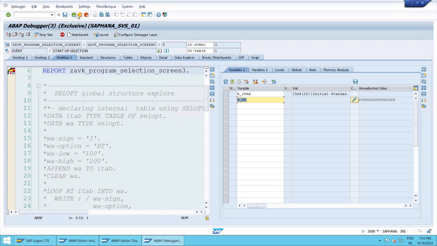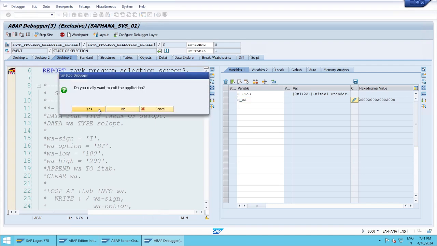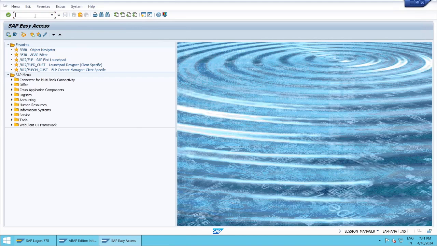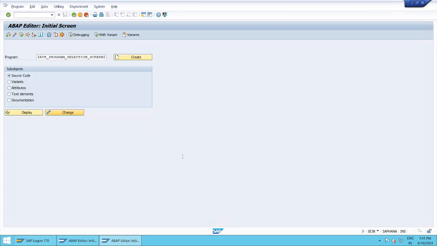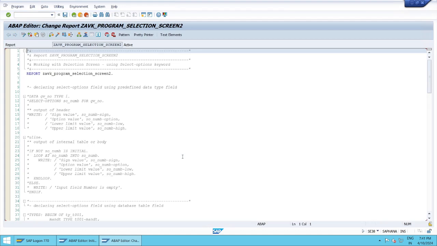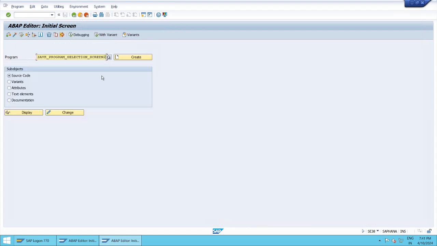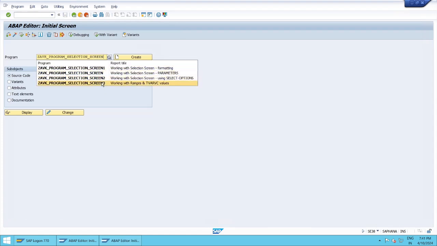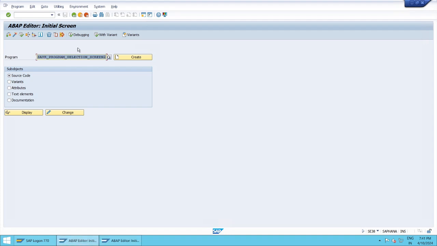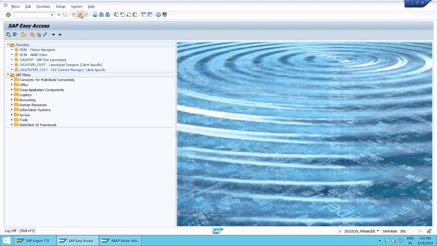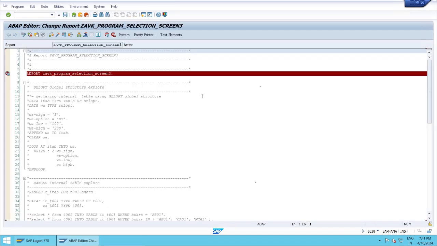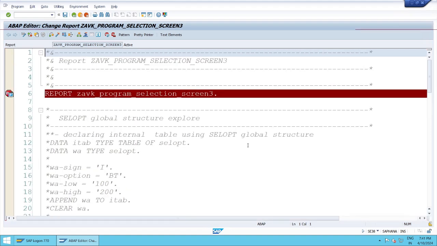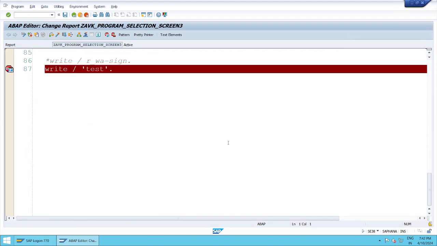Okay. So three is our explore. So select options ranges. So finally